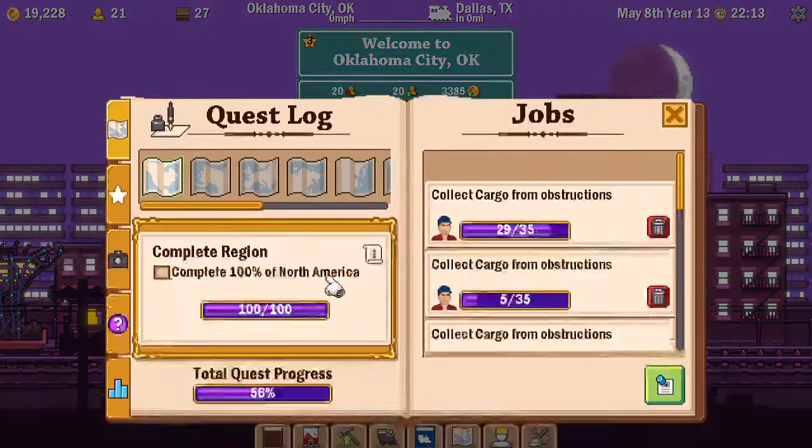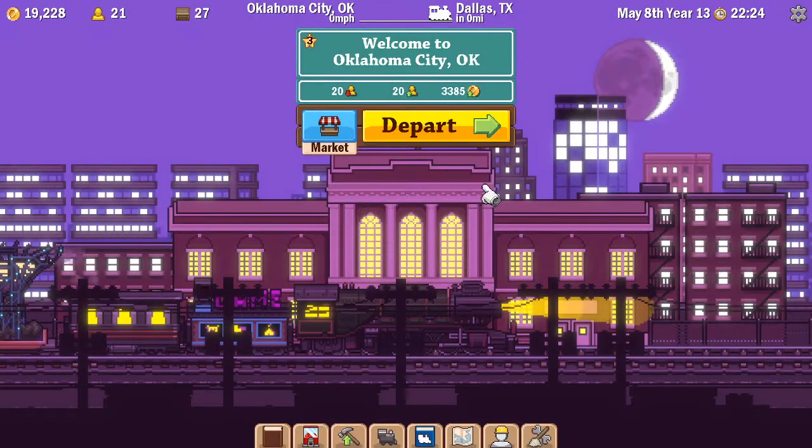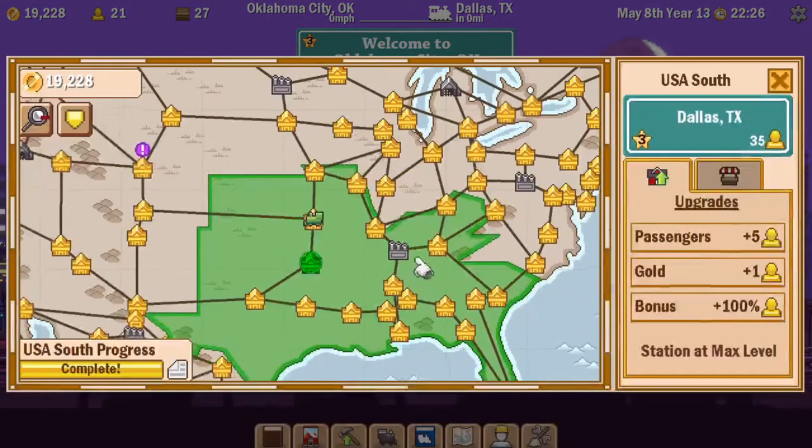And if I look at the logbook, it's still going to say complete North America. Well, it reckons it's 100% complete, but it hasn't given me the reward for it because it knows it's not 100% complete. But I wanted to do that anyway. Then I'm going to do...